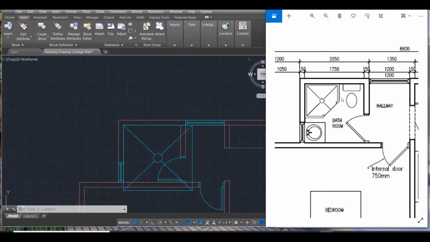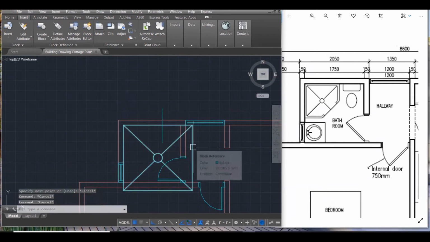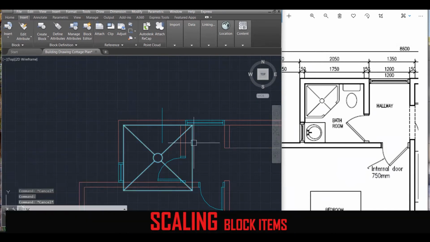So I know this approximately takes up, I wouldn't say half. I would suggest more than half of my space. So I would draw a line to about here, just on average. And what I'm going to do is scale this shower down. All right. So I'm going to type SC to scale, select the shower, enter, activate the command, select the shower, and that's the shower only, enter, specify a base point, click, and then